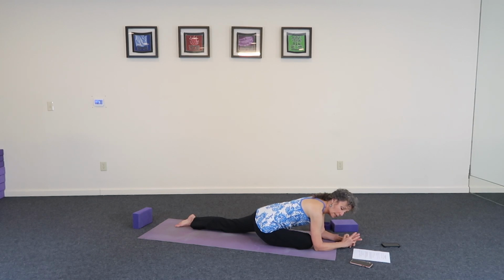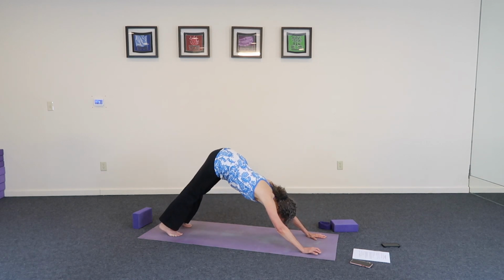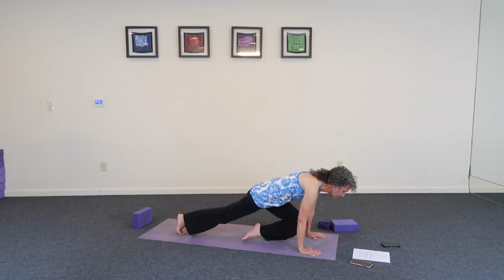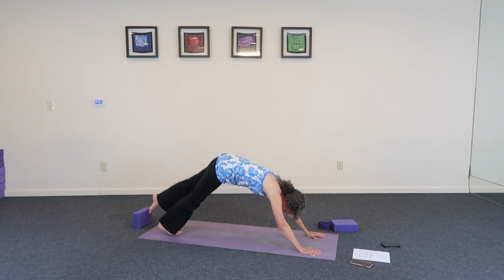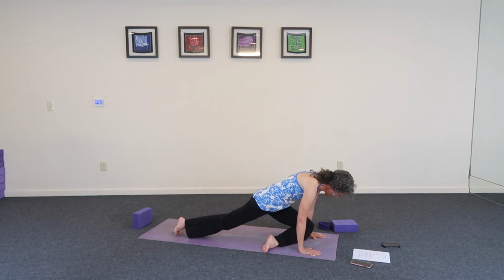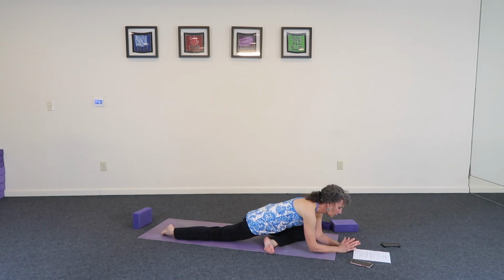Alrighty, so let's do the other side. So hands support your chest as you walk your chest back up, tuck the back toe, go back to downward dog. Okay, let's do the other side. So bring the opposite knee in towards your chest, come forward to plank, and then push back and lift up. And then do it again, bring it in. And then back. And then bring it in, touch that wrist with your knee, slide the other leg back, come on down, and